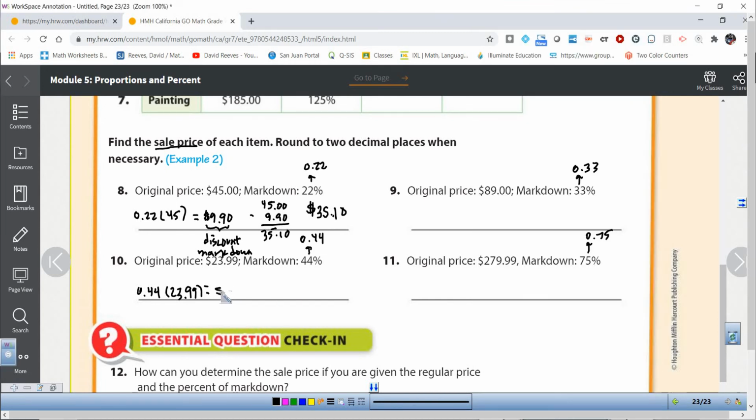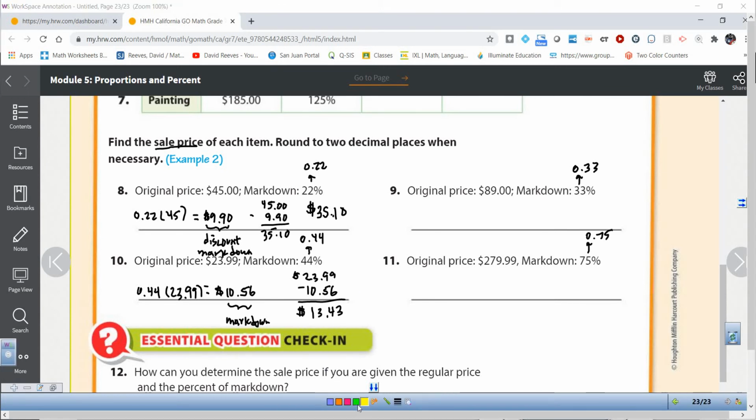So it's going to be $10.56. Now again, $10.56 is not the answer. That is our markdown. But now we actually have to mark it down. We have to take the $23.99 that it was, and we have to subtract the $10.56. And when we do that, 9 minus 6 is 3, 9 minus 5 is 4, 3 minus 0 is 3, and 2 minus 1 is 1. So